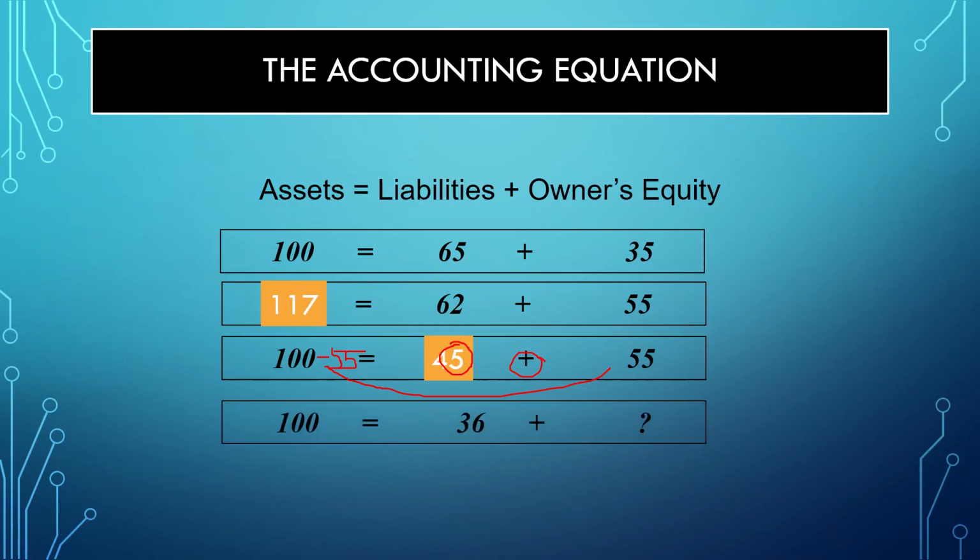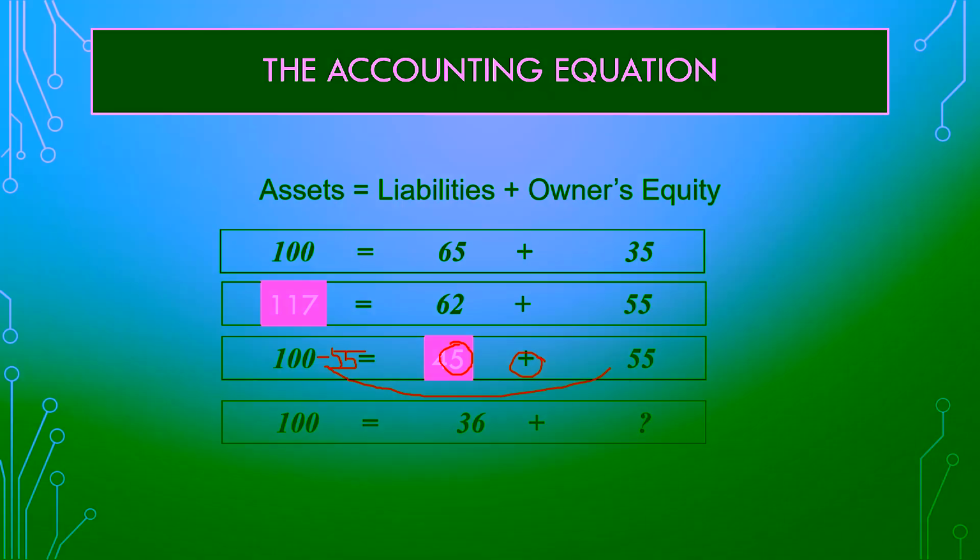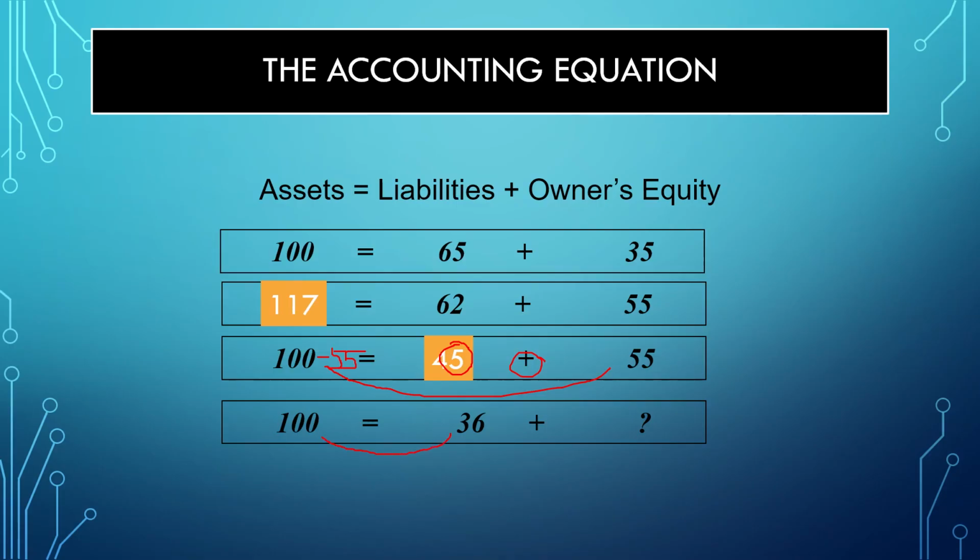And what about this one? If you know that assets total to 100 and liabilities total to 36, but you do not know how much the owner's equity is. Correct. The same thing. You transpose this one to the other side of the equal sign. From being positive, that becomes minus 36 here. So that means 100 minus 36. Then you can conveniently compute the X, or the missing owner's equity. And that is 64. Very good.